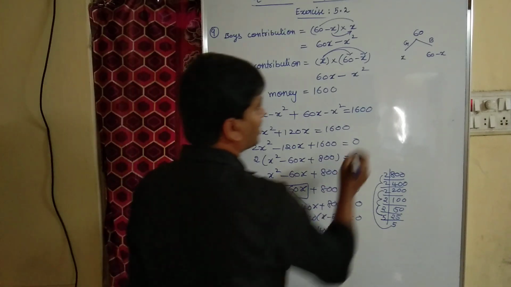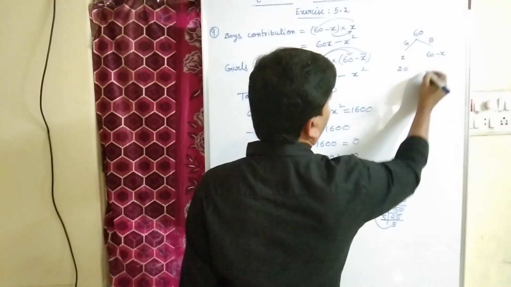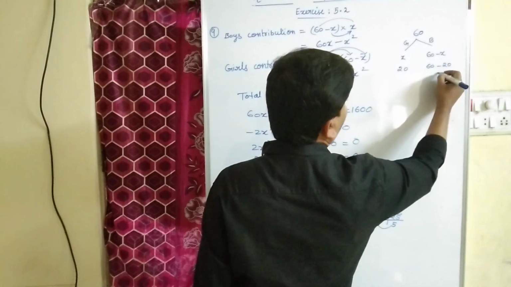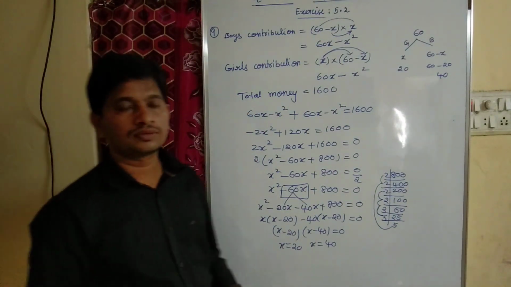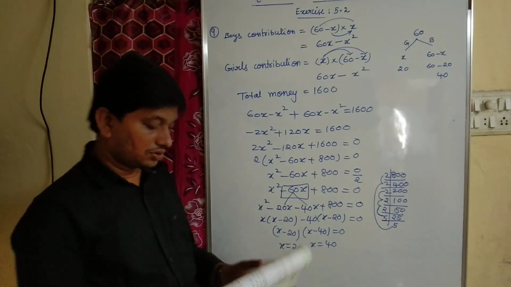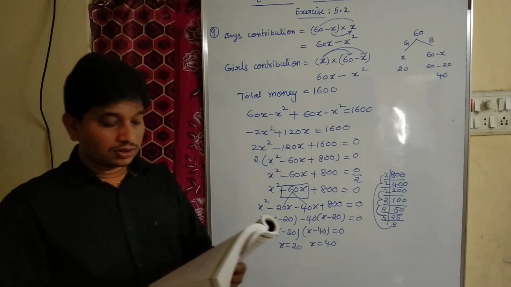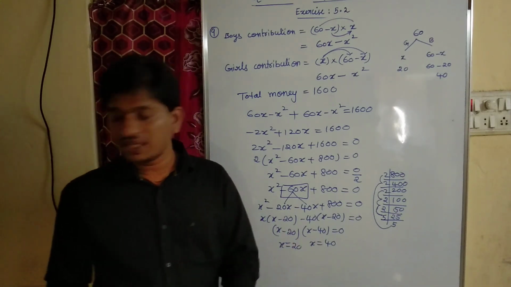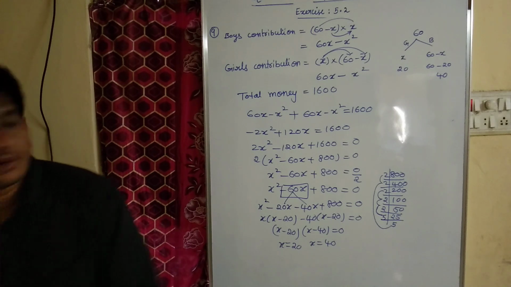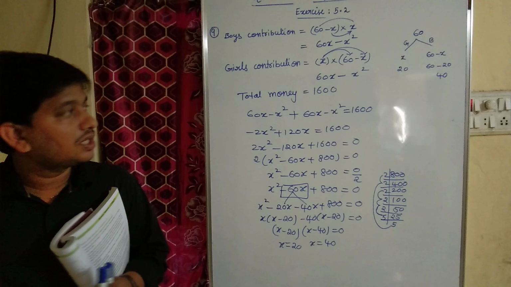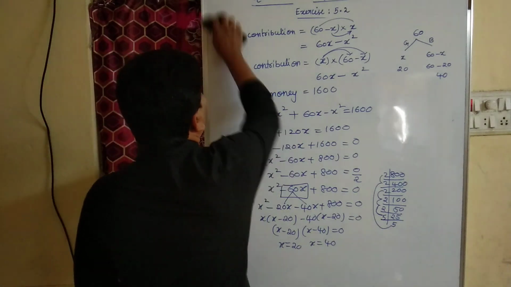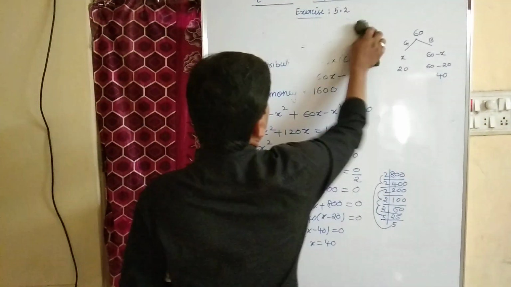So if you take x equal to 20, the number of girls is 20. Then what about the boys? 60 minus 20, 40. Okay, children? Did you understand what they are asking to find? They are asking to find how many boys were there in the class. So the number of boys were how many, children? The number of boys is 40. And what about the number of girls? The number of girls was 20. So this is our 9th question, children.